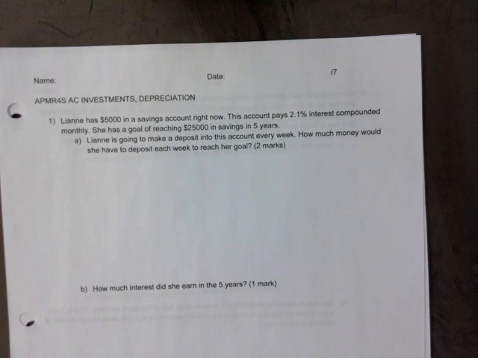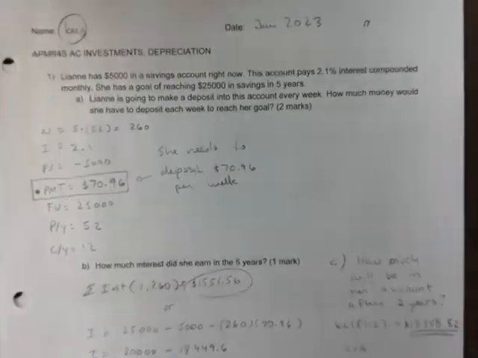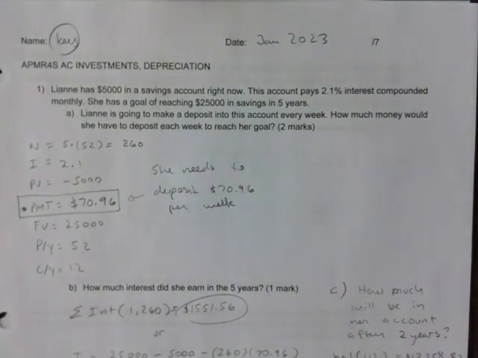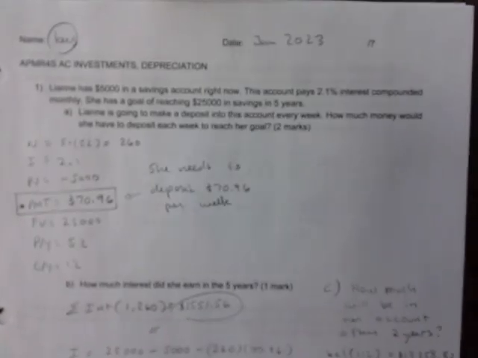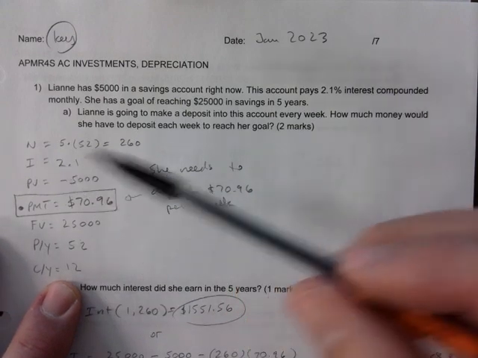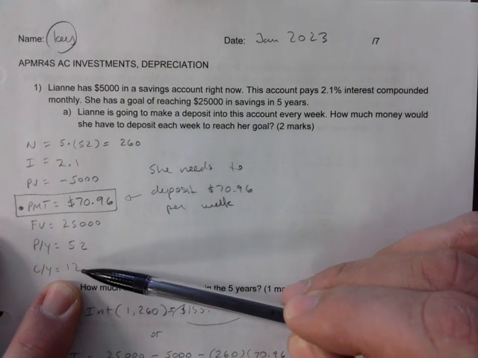Okay. In the interest of time, I'm just going to show you what the answers are. Again, if it's one mistake, we'll say you get 1 out of 2. If it's more than one wrong entry, it's a 0. Okay. So basically, it's compounded